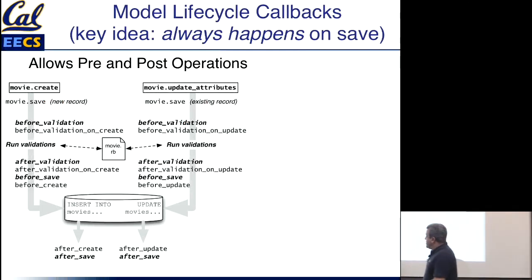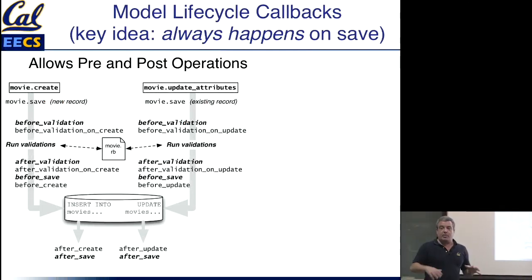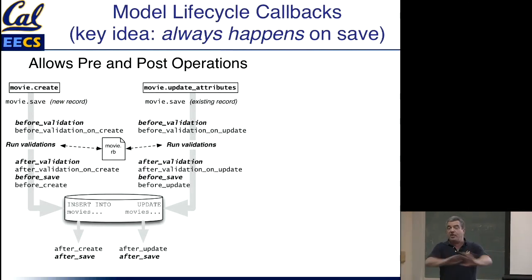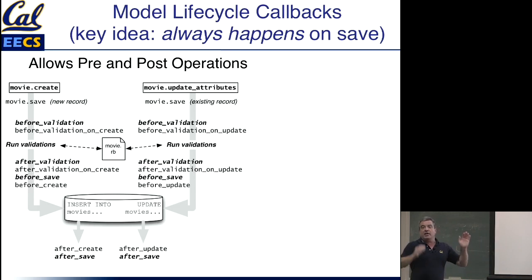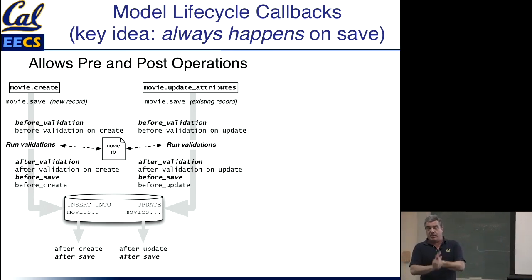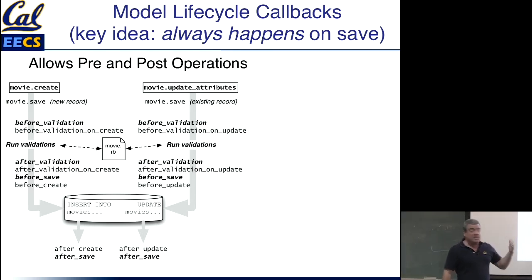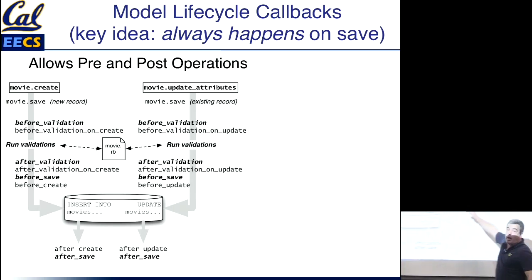The key idea of this slide is it gets called every time you save. If you remember nothing else from this slide, remember that one thing. When do those validations get called? Right before something is about to be committed to the database. That could be because it's being created for the first time. That's the path on the left. It could be because an existing model instance is being updated in place. That's the path on the right.